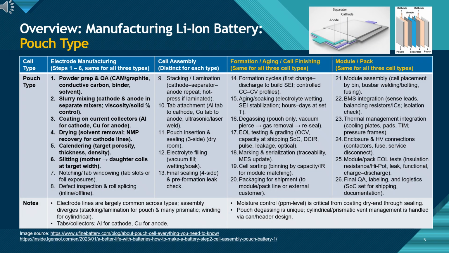Overview: Manufacturing Li-ion battery pouch type. This slide presents a complete, step-by-step process flow for manufacturing pouch-type lithium-ion cells, organized into four major stages. 1. Electrode manufacturing. 2. Cell assembly. 3. Formation, aging, and cell finishing. 4. Module and pack processes. The table lists 26 detailed sub-steps, from raw material preparation and slurry mixing to final sealing, formation cycling, inspection, and